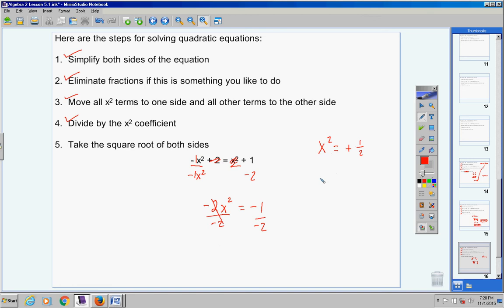The square root of x squared is x, and the square root of 1/2 is positive, negative, or plus minus square root of 1/2. That's a great answer. If I asked you to write your answer in radical form, you would leave your answer like that. If I asked you to write your answer as a decimal or whole number, then you would type into your calculator the square root of 0.5 equals